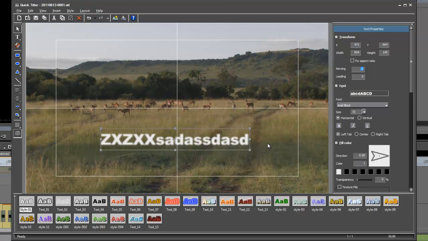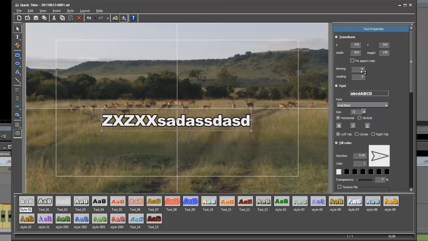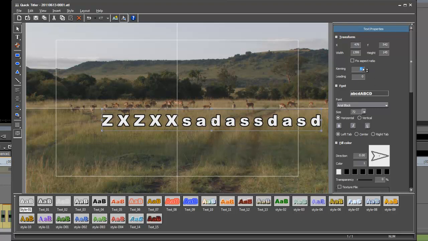Well, a few months ago, I discovered that there is a workaround to that, or a hidden feature, shall we say. It's not documented in the manual, but if you go to your keyboard and hit the Shift, Control, and F3 key, now any changes that you make are going to be 100% resolution. And so we can go ahead and change the kerning, for example,